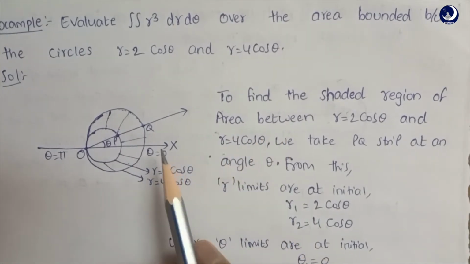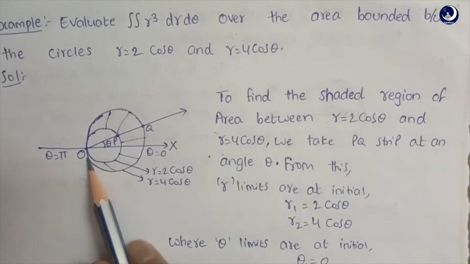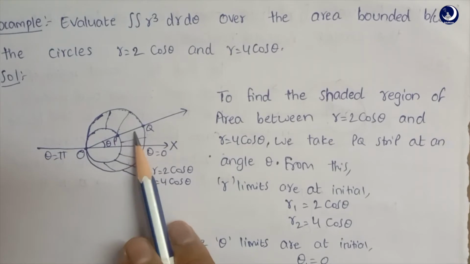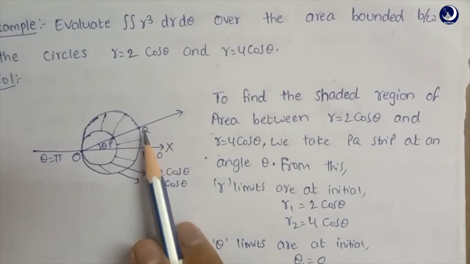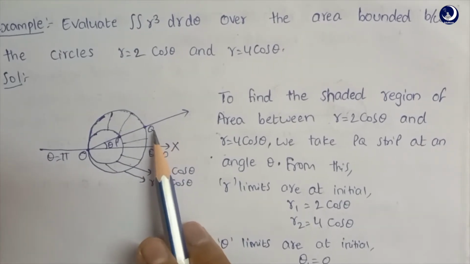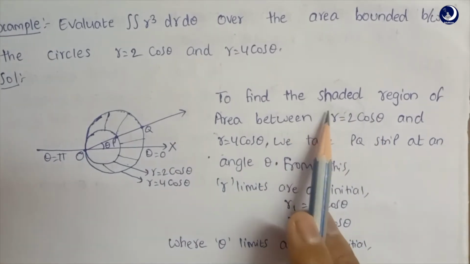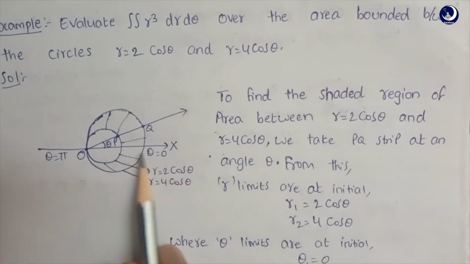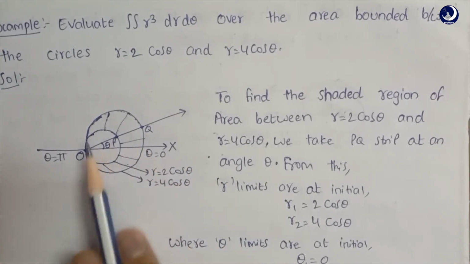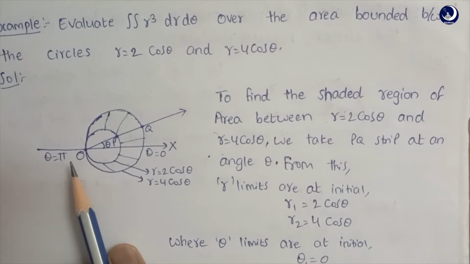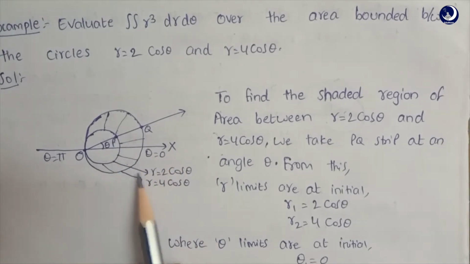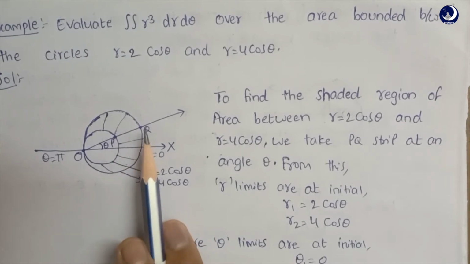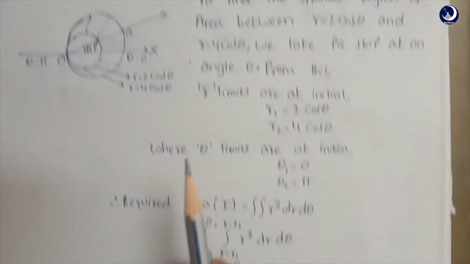To find the required area, we take from the initial point O a line, which is the strip PQ. By this strip, we find the required area shared between r equal to 2 cos theta and r equal to 4 cos theta. Initially theta equal to 0 and at the ending point theta equal to pi. So r varies from the initial point P, r equal to 2 cos theta, to the final point Q, r equal to 4 cos theta. Now coming to the required area,